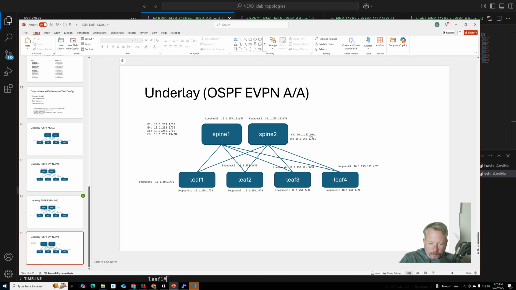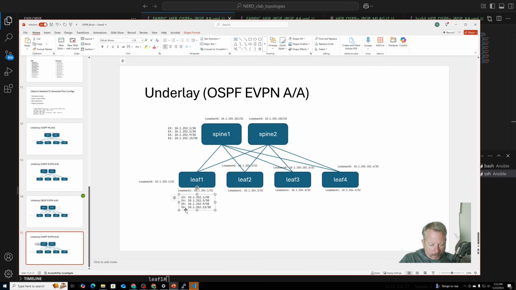One of the nice things about Arista's AVD is that you can just give it a block of addresses and it'll chop it up automatically and assign them dynamically to the interfaces. I'm not that sophisticated here, so